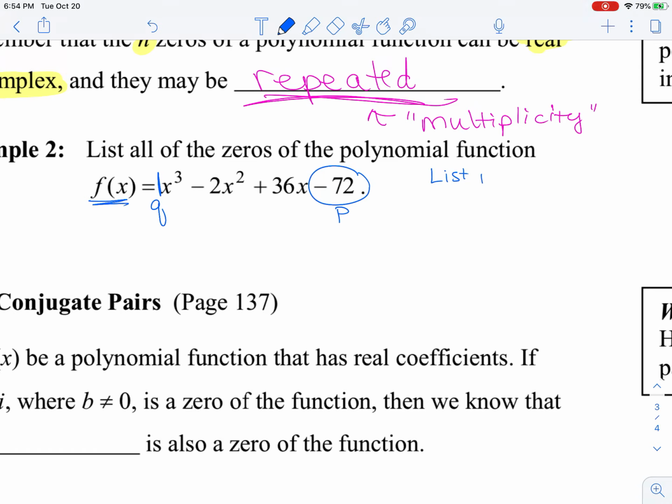And so we look at the factors of p and the factors of q. The factors of this p are really, really big. We've got plus or minus 1, plus or minus 2, which actually 1 goes with 72,